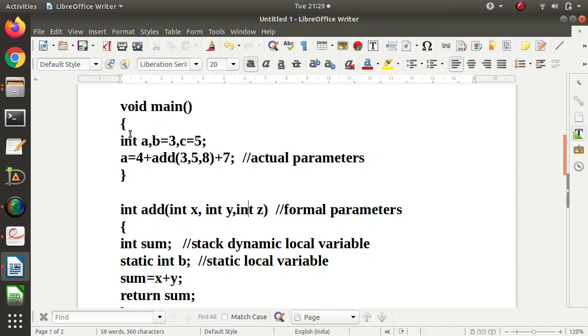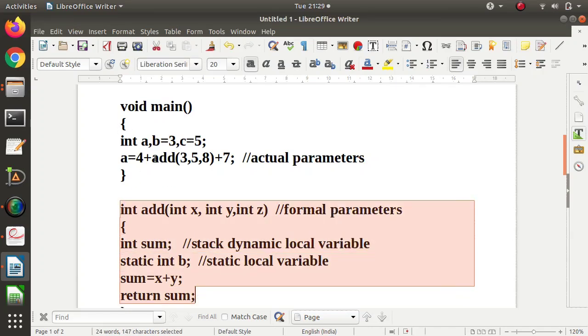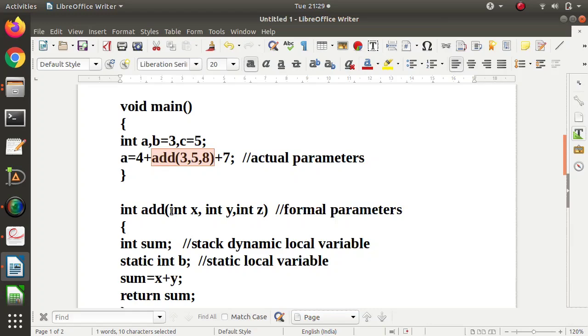So here we are calling this function add from this statement. This is a calling statement. So 3, 5, 8 are the actual parameters, while these are the formal parameters. Now 3 get copied to x, 5 get copied to y, and 8 get copied to z. So this is called as pass by value, where these values get copied to these variables.